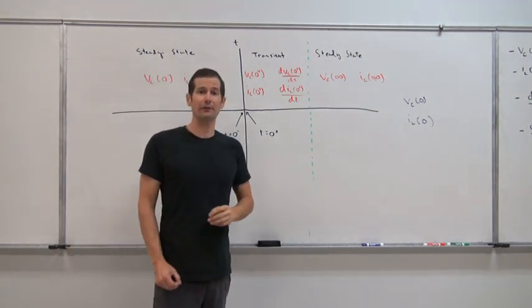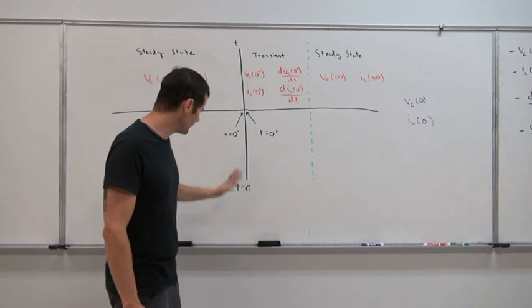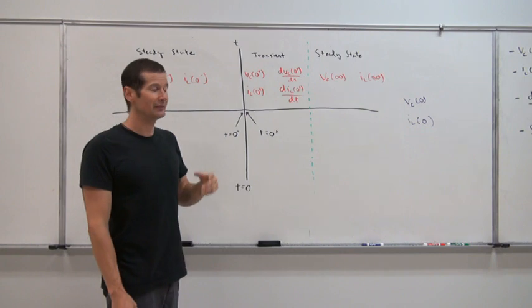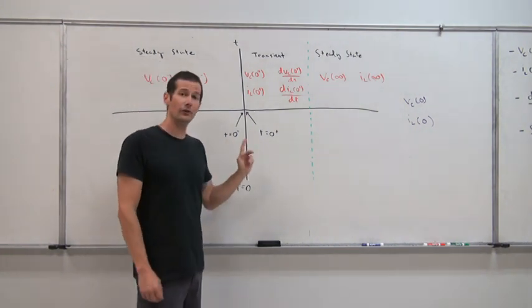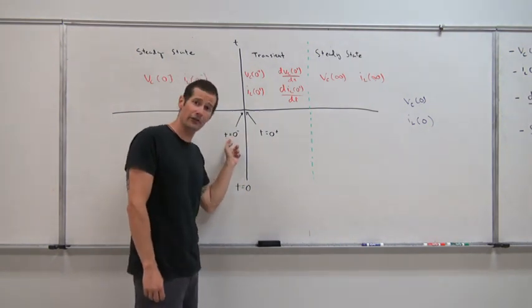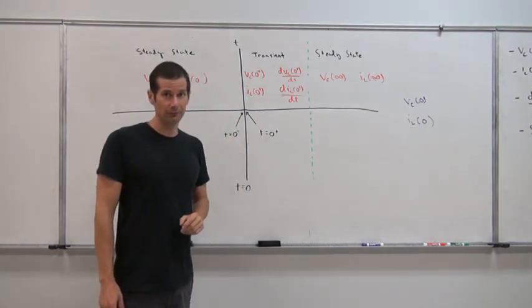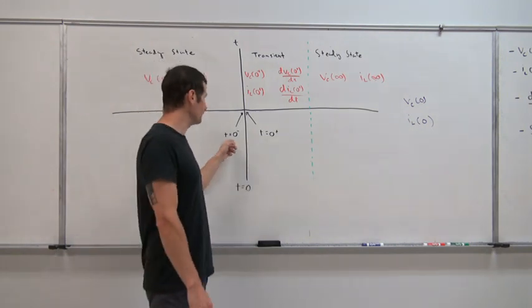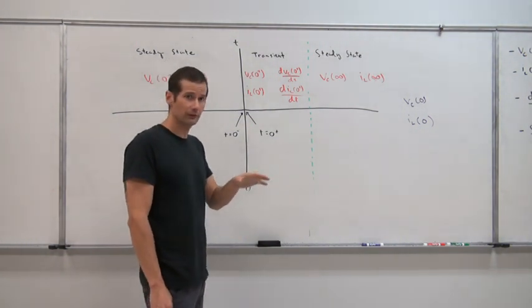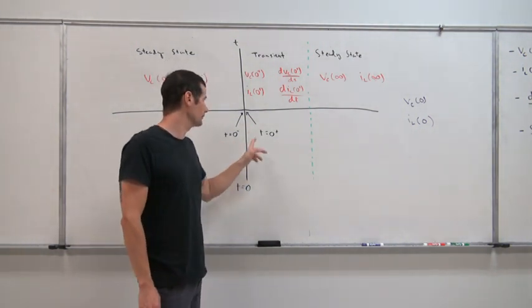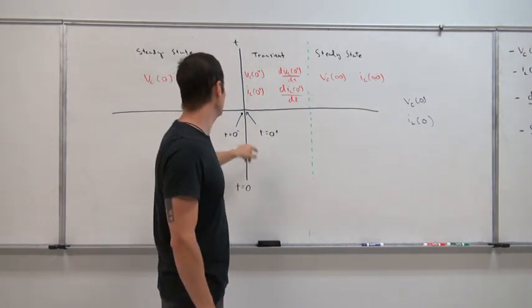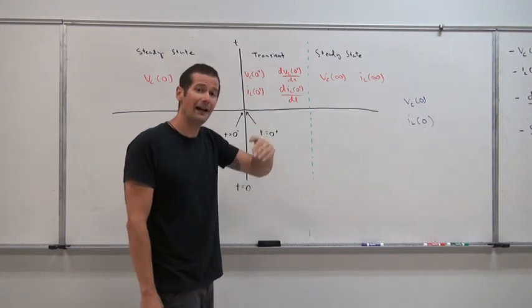But there's a different way that we actually have to start looking at the timeline. Now, remember from last semester, we talked a lot about t equals 0, invoking that change. Now we're actually going to be considering two different portions of time in reference to t equals 0, and that's t equals 0 minus and t equals 0 plus. And really what that means for us, t equals 0 minus is that instant right before that switch is opened or closed. T equals 0 plus is more in reference to that instant right after that switch opens